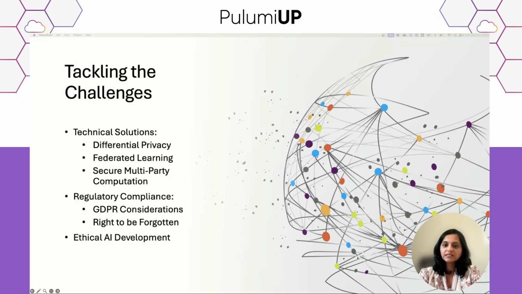On the technical side, we are seeing some innovative approaches. One of these is differential privacy. It's a bit like adding static to a phone call. You can still understand the conversation, but it's harder to pick out specific details. In LLMs, this technique adds a calculated amount of noise to the training data or the model's outputs, making it tough to extract individual data points while preserving overall patterns.